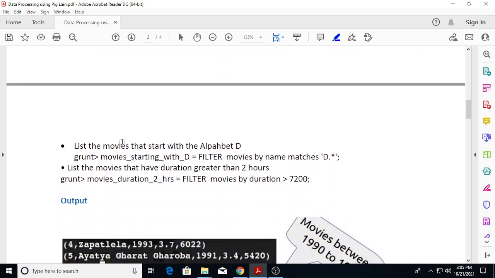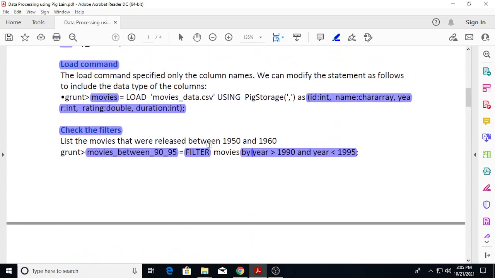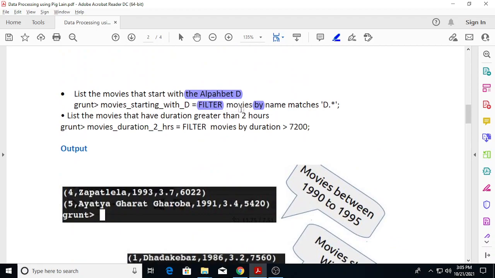Now we are doing some other filtering with the alphabet D. Whatever movies start with D, we want to filter those. Filter by, yes. Now you can see that filter movies is the output which you got over here. So movies by name, name is the name of the field, correct? Now a new thing you are seeing, matches. Matches is the syntax for regular expression matching. Now the Java-like regular expression you have to provide. D dot asterisk. So after D, whatever the values are there, that should match. Stored into the movies_starting_with